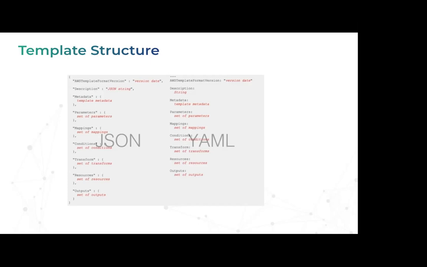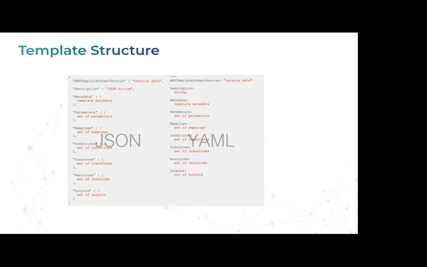Transform is a pure sense of reusing a template. Let's say you have already defined an S3 template for another component and you want to reuse it. You can directly point to the S3 bucket where this template resides and plug into it, right? Similarly, how we do it, an import statement in any programming language. If we talk about Java, you just do an import util, right? Or in Python, you have packages that someone has already written, and you consume and just call them. Similarly, that is the kind of role the transform plays.